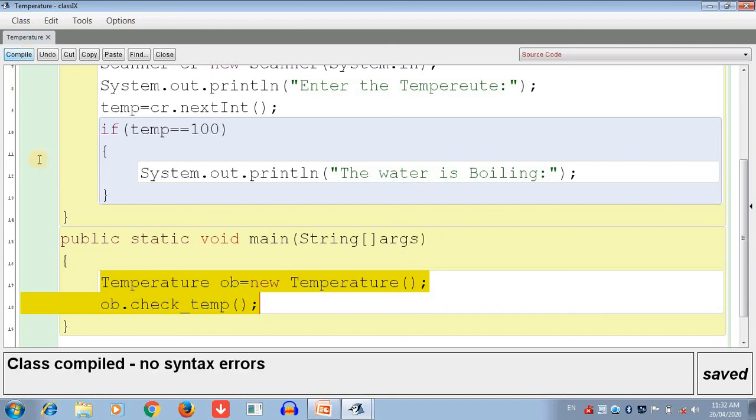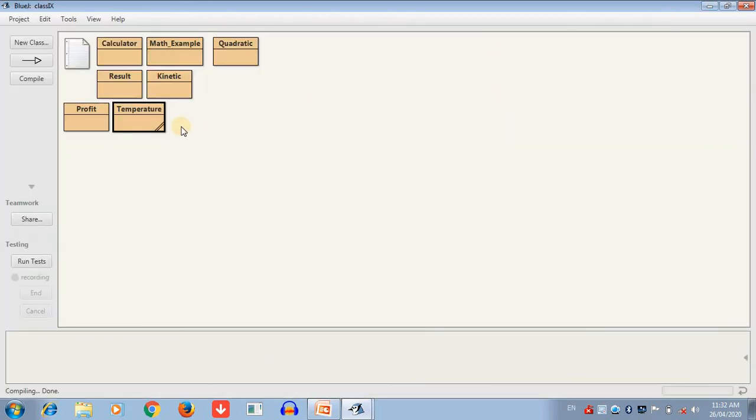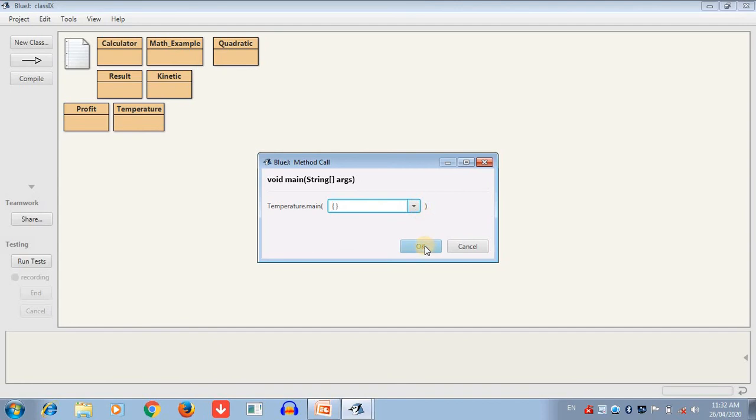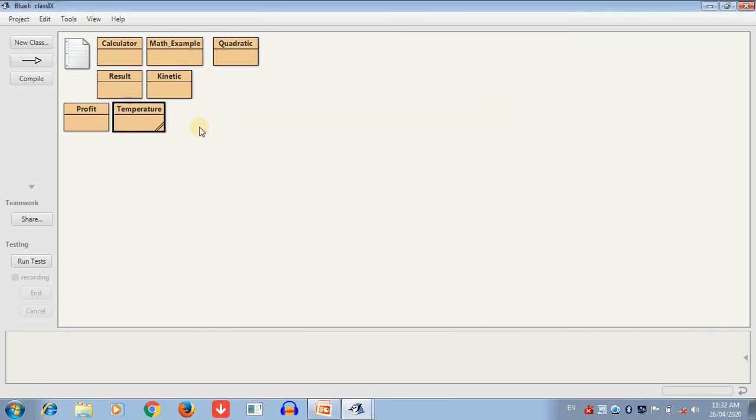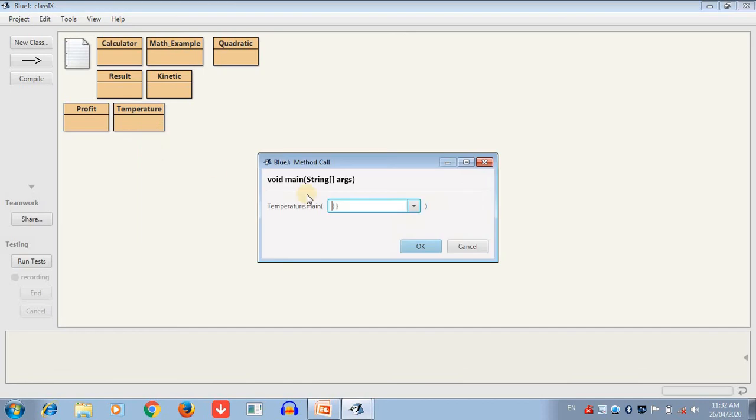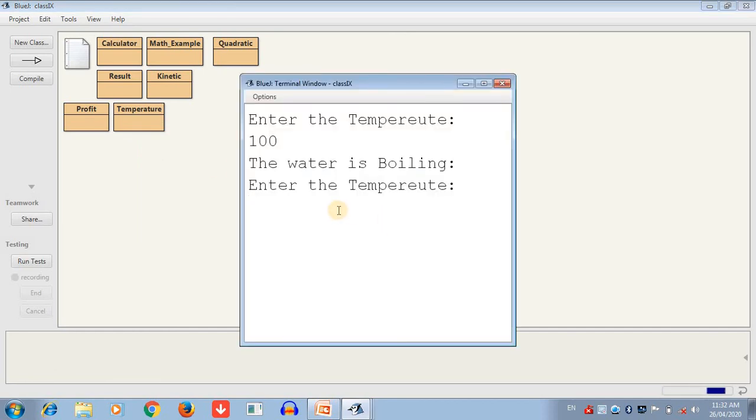Now compile. There are no syntax errors, so minimize here and click on the class name, right click and click on the main function and run. Enter the temperature: first time I am giving 100. So here the water is boiling. Now I am putting a different temperature like 101.